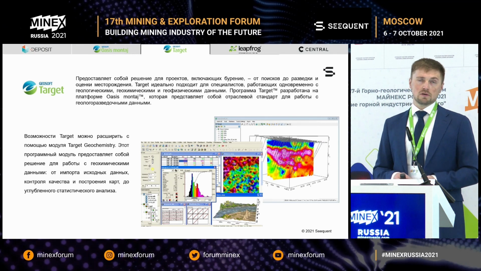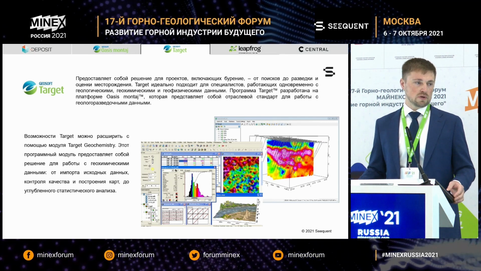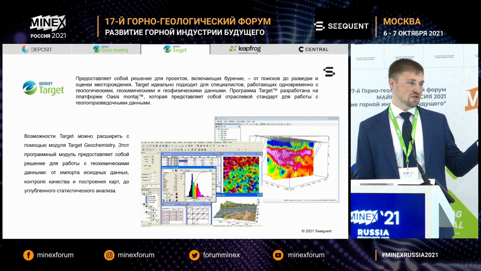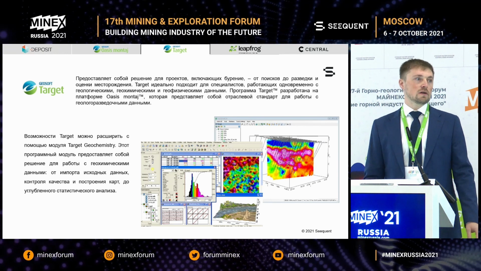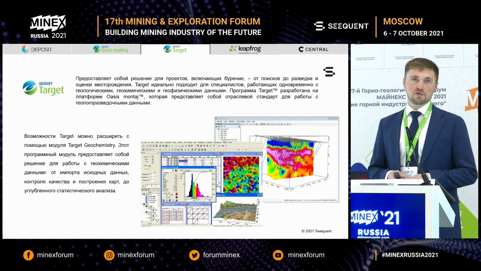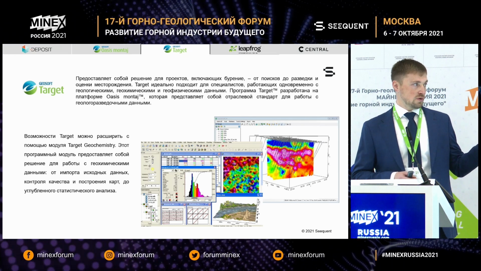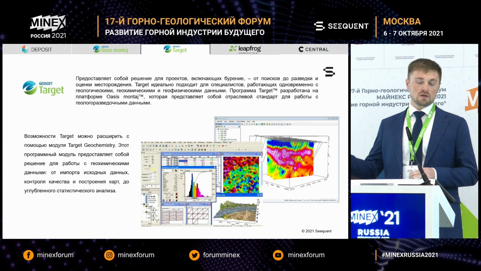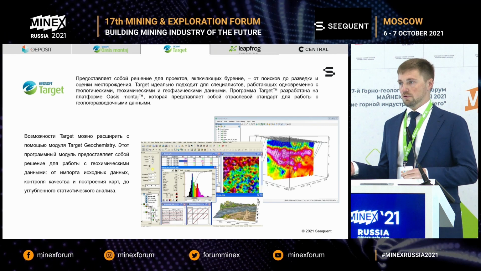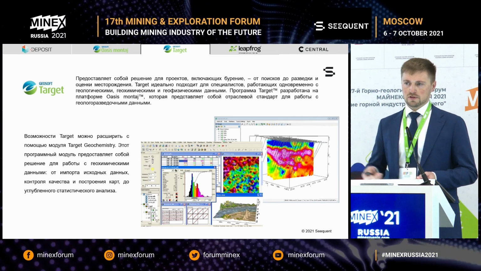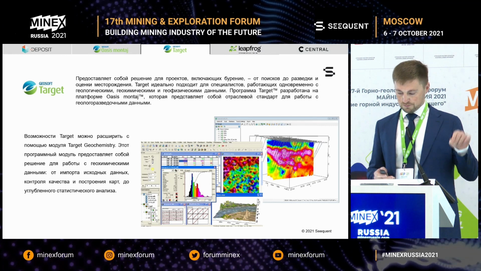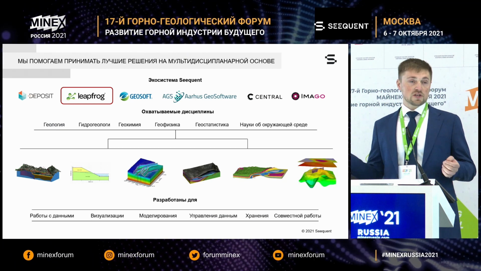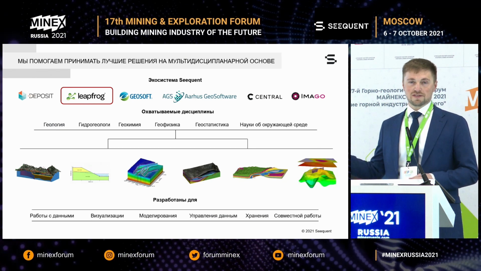Next, that would be GeoSoft Target. It's a slightly simplified version of OASIS Montage, because Montage includes 25 models, and for Target we have a better price offer, and it can be used as a comprehensive set for junior companies. It is lower in terms of pricing as compared to Montage, but it also provides many possibilities. Like Leapfrog, you can use frameworks and contours, and these are tools that can be used for the purpose of processing the data.